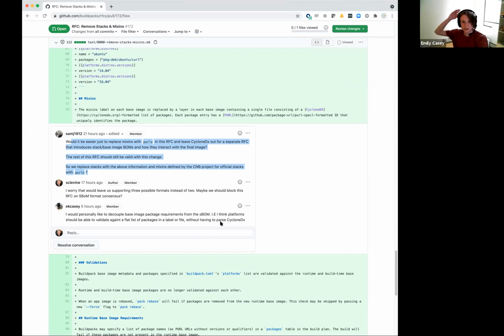We all have a general idea of what we want the stack BOM to be. It's like the run image starts with a BOM, and then we add other things to it. And when we rebase, we fix it, but we haven't worked out all the details yet, right? Rebasing is interesting because we need to preserve the Buildpack layers in a separate file, right? For sure. Yeah, rebasing is a good one.